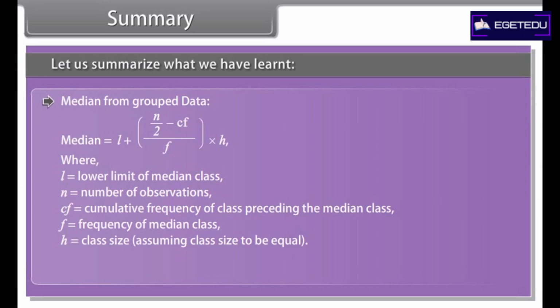The formula of mean for the assumed mean method is assumed mean plus summation of the product of fi and di divided by summation of fi, where di is equal to xi minus a. a is the assumed mean. The formula of mean for step deviation